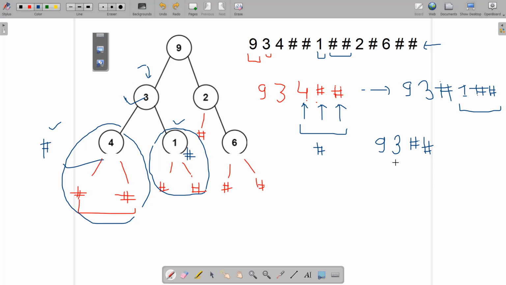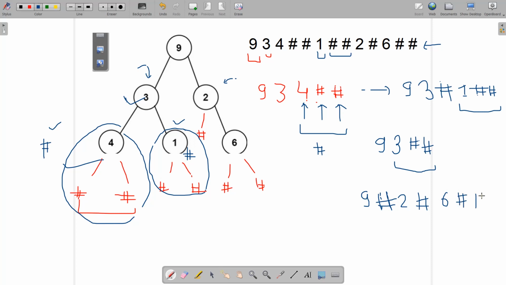This is the valid orientation, this is the valid pattern that we want. We are going to replace this with a single hash. So my new stack of characters would be like that, 9 and a hash. We are done with this. Now comes the character 2, like we are moving on to this one. And again, if 2 is happening, you can see there is no pattern. Move on to this next hash, no pattern, 6, no pattern, hash, no pattern, and again this is again a single